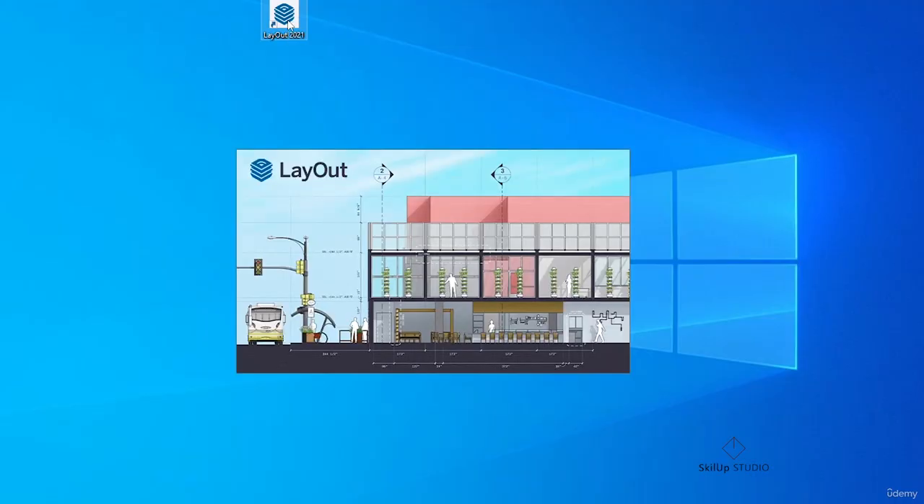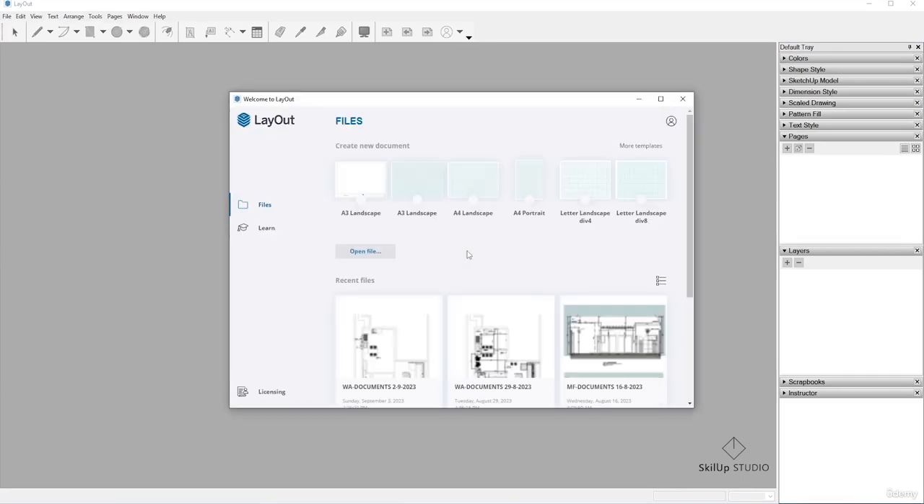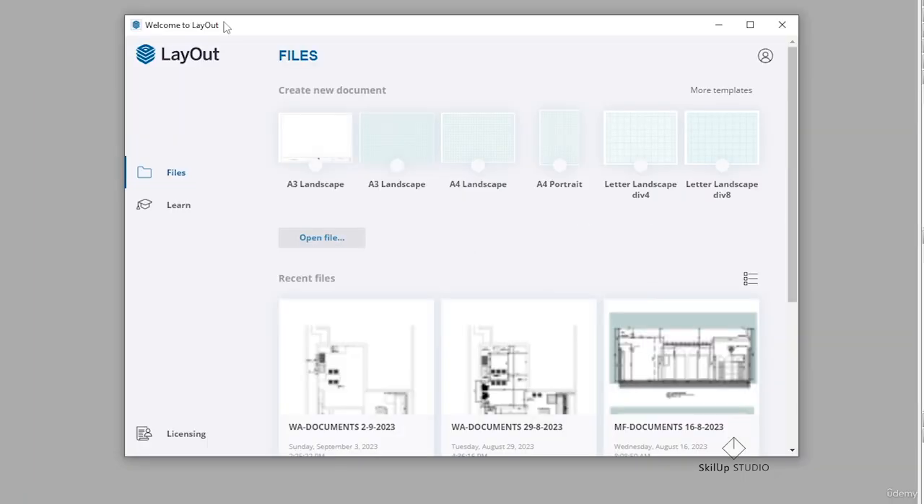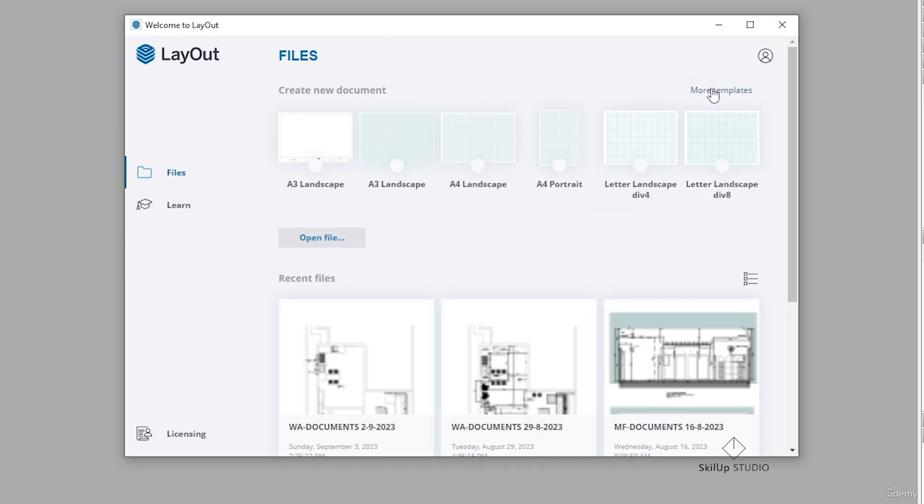When we click on the Layout icon, the first thing that will appear is the welcome window. We will notice the most important thing here, which is the standard templates present in the program. When we click on More Templates,